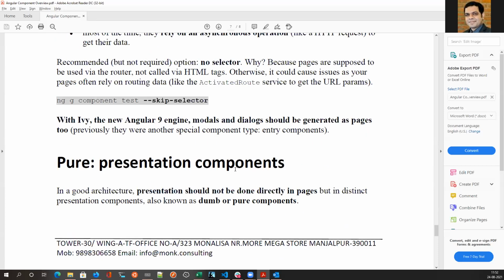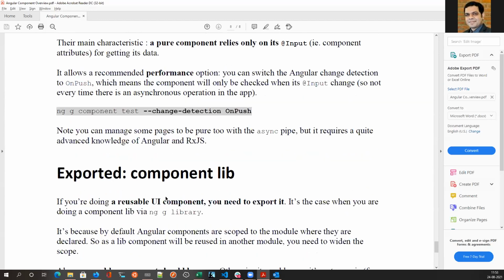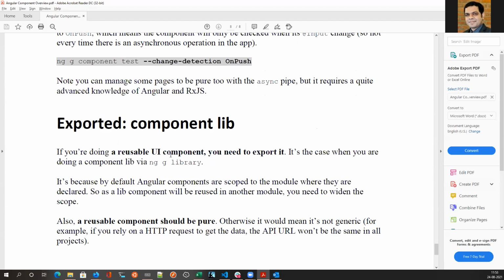Then there are pure components, which are just for presentation purposes only. They don't have any logic as such. And then there are reusable UI components. These are the three types of components that I'll explain tomorrow. They have their own distinct differences.